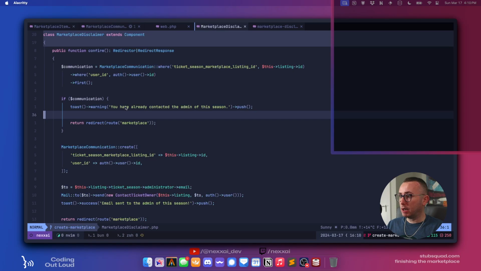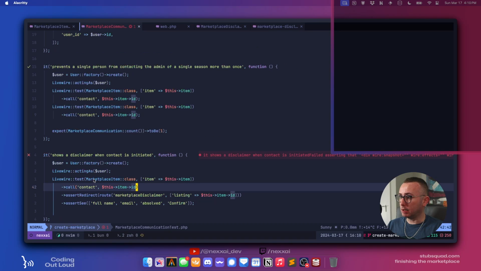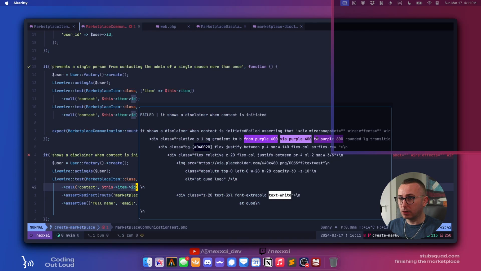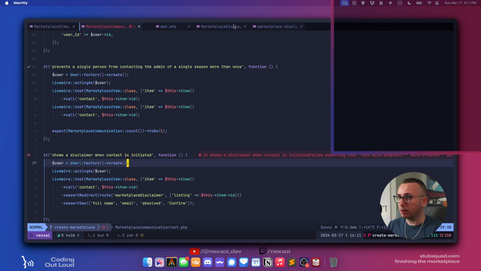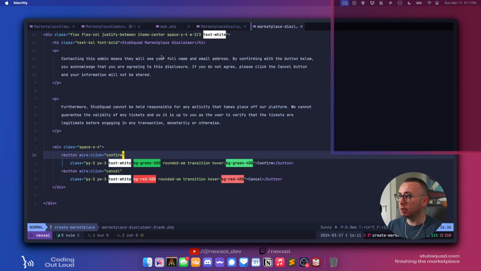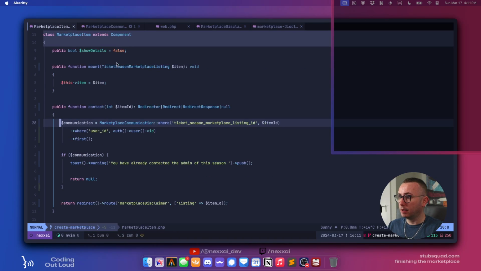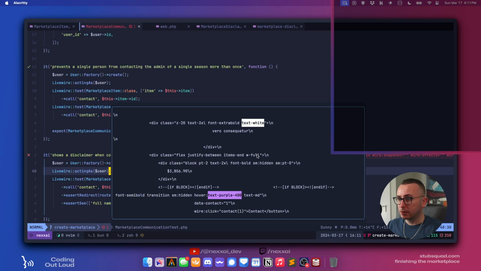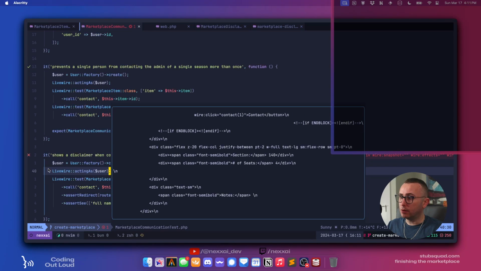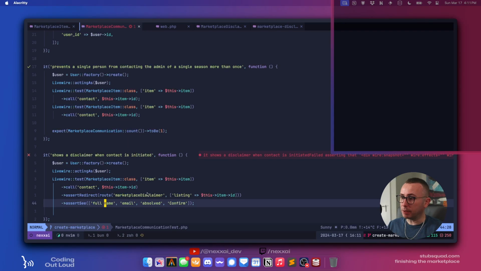So let's go back to our test. So the word, I think it's absolved, contains full name. Oh, is it getting split onto multiple lines? No, it shouldn't be. It's right there. Marketplace item. Oh, okay. So it's actually not doing the assert on the redirect. It's still trying on the marketplace item itself.